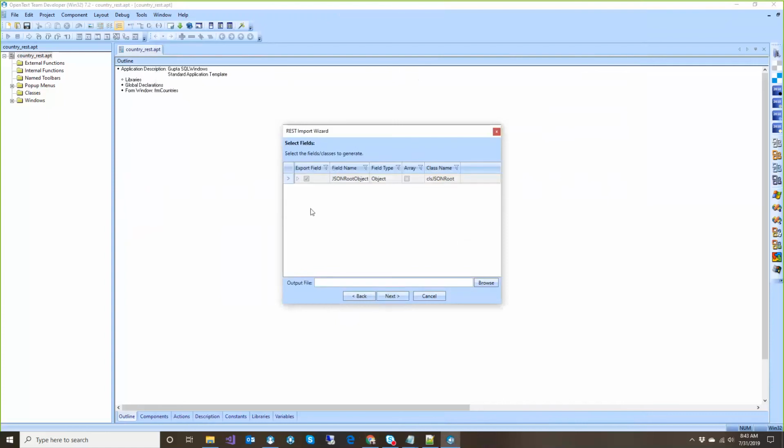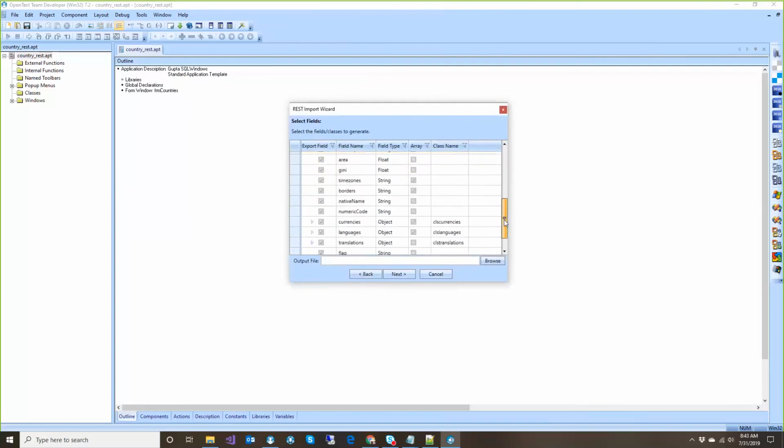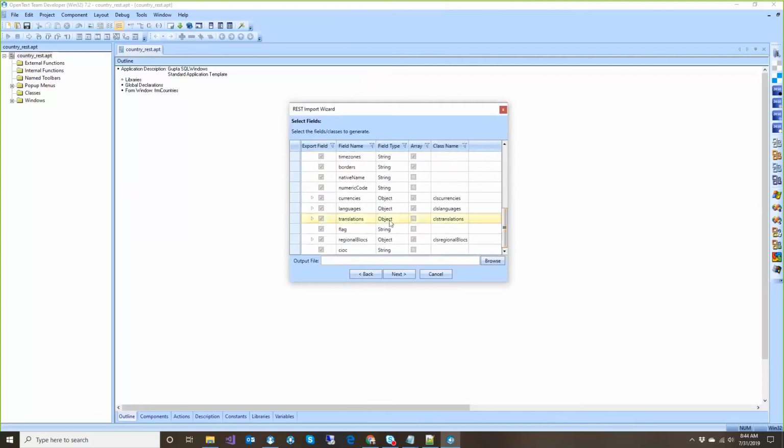And what it will do is give you a grid that will allow you to select which fields you want to go ahead and import. You can also, for the fields which are UDVs, have the ability to customize the class name. We'll try and come up with a decent initial class name, but sometimes, especially for that root object, we have no field name. So I might just edit this and say class